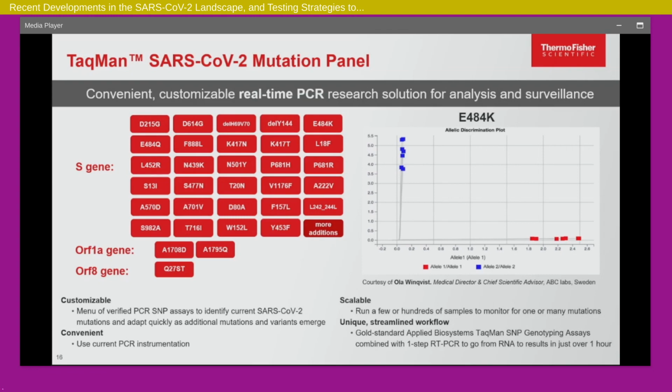Based on that, you can quickly form a panel, pick and choose from here, and make a panel for yourself. It uses the same PCR instrument and the same RNA that you have extracted for diagnostic testing, for calling it positive or negative, and you basically run this panel on the same instrument. It gives you an answer within an hour. So it uses the same technology, same instrument, only now you're getting surveillance information within an hour rather than doing sequencing. And again, I'll tell you how you can complement sequencing for surveillance.